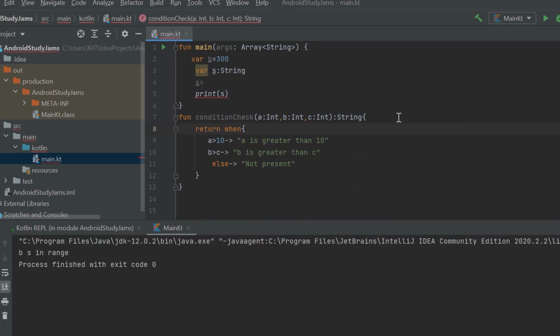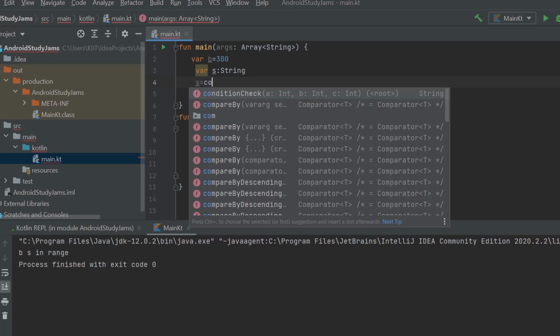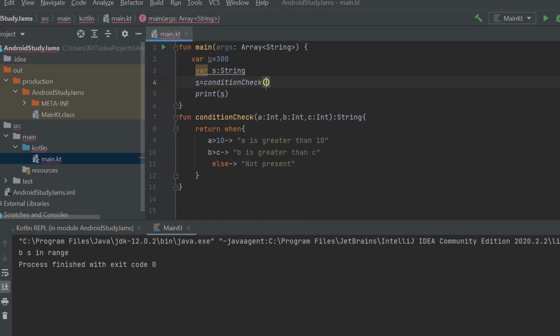Okay, so it is being returned. Now let's do one thing. Let's store it in s. Okay, now let's make it condition check. What we can do, we can make a let's check it 11. Okay, and let's take, for example, b is 5 and c is 10. Okay, now let's print s, and if we just run this code, what we will get